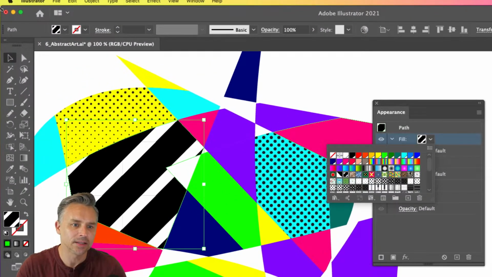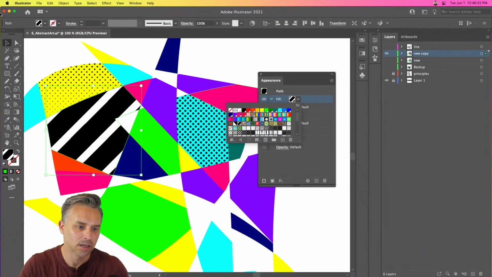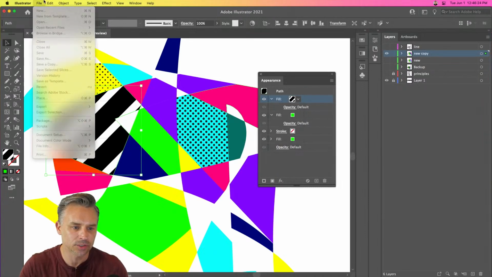I showed this, I think, on day one. Remember day one? Such a long time ago. Your swatch panel, it does get changed per document. Can I keep them for all documents? No, you can't have a linked swatches panel across all documents, but what you can do is you can have